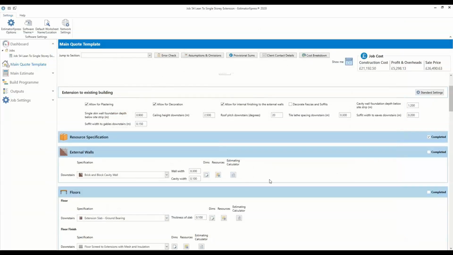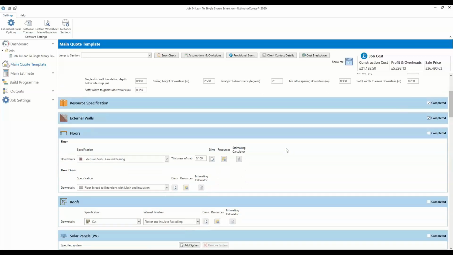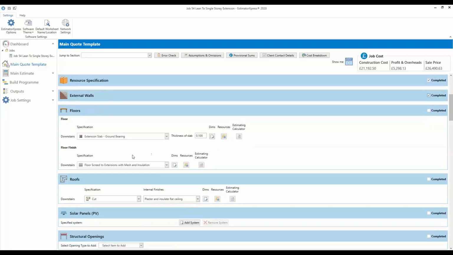Whether or not you go into them that often, maybe initially, I would certainly encourage it just to get an idea and a feel of why the software is arriving at the price that it is, and to give you confidence that the software, when it's estimating a wall, is estimating all the components that it should be. Once we're happy with the section, again, just press complete. It will disappear. You can go back into it, but it'll then take you onto the next section,